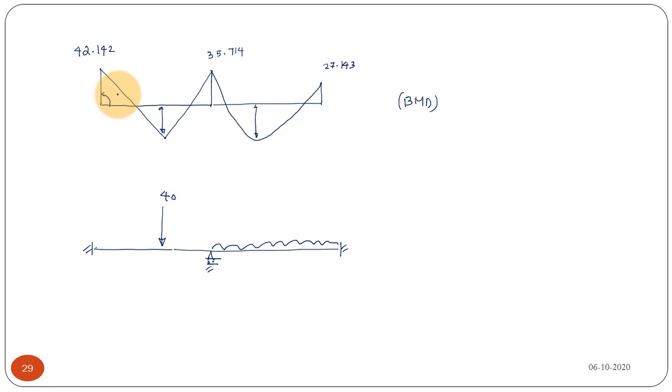This moment diagram is a negative moment, hogging. It means at all the continuous supports, and at this support also, we are going to have the negative moment. And near the mid span of the beam span AB, you are going to get a sagging moment. And in this beam also, near the mid span, you are going to get a sagging moment.